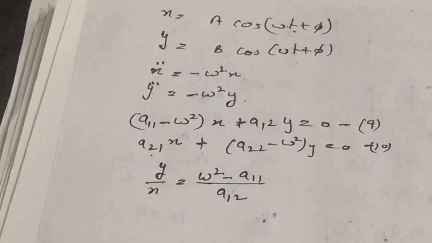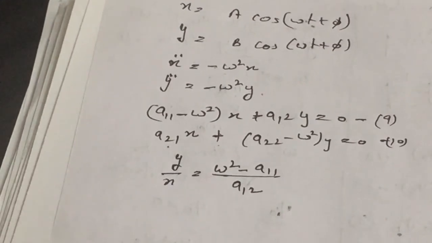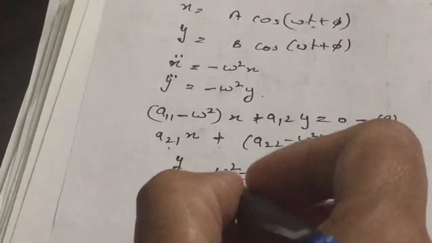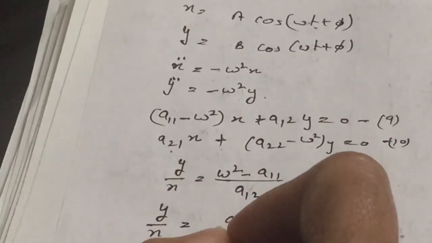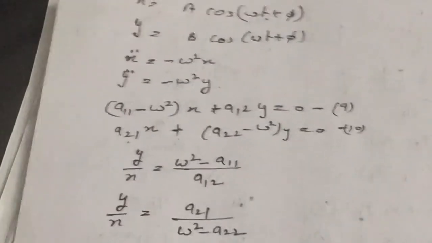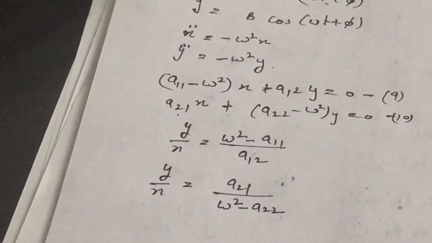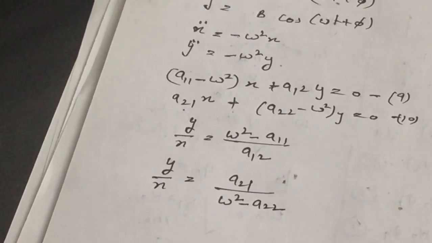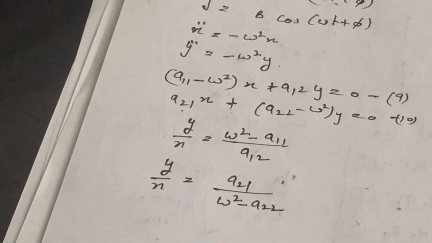Similarly, from equation number 10 also, we will have y upon x equal to a21 divided by omega square minus a22. This whole calculation takes into consideration that our system is in simple harmonic motion. It means the particles A and B having masses ma and mb, when they are displaced with the displacements psi A and psi B, or x or y in this case, they will give simple harmonic motion only when